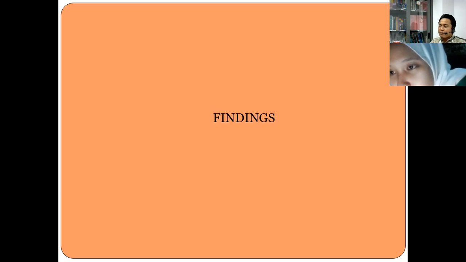Maybe you can simply say, the average score of the pretest is blah blah blah, and the average score of the post-test is blah blah blah. Then you analyze the gap between the pre-test and post-test. The gap here will indicate the success of story phase in improving student reading comprehension. That way, Farah. Okay.